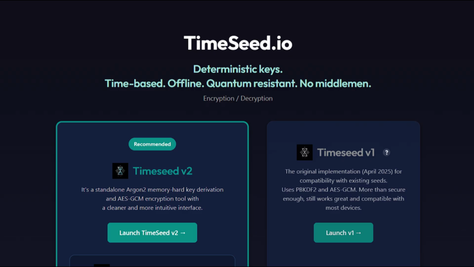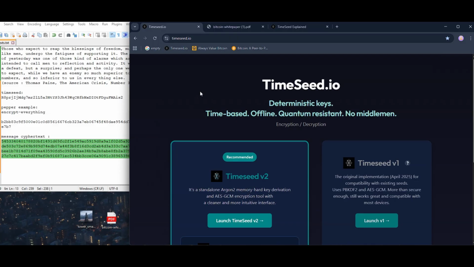Hey everyone, this is a demo for timeseed.io, a straightforward open source encryption tool that's fully client-side with no servers, accounts or key exchanges required. Well, there are key exchanges, but in the background the user doesn't have to do them manually over a centralized server or anything. It's designed for secure private messaging or file sharing or sensitive communications like, for example, whistleblowers or